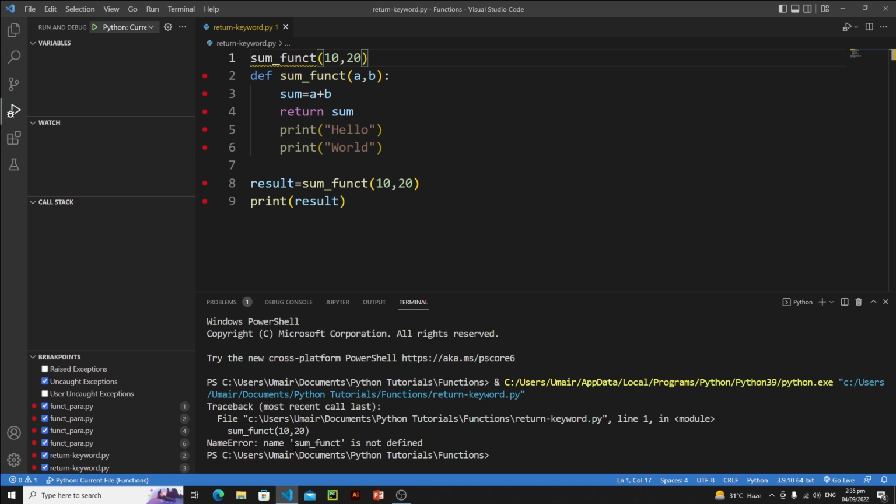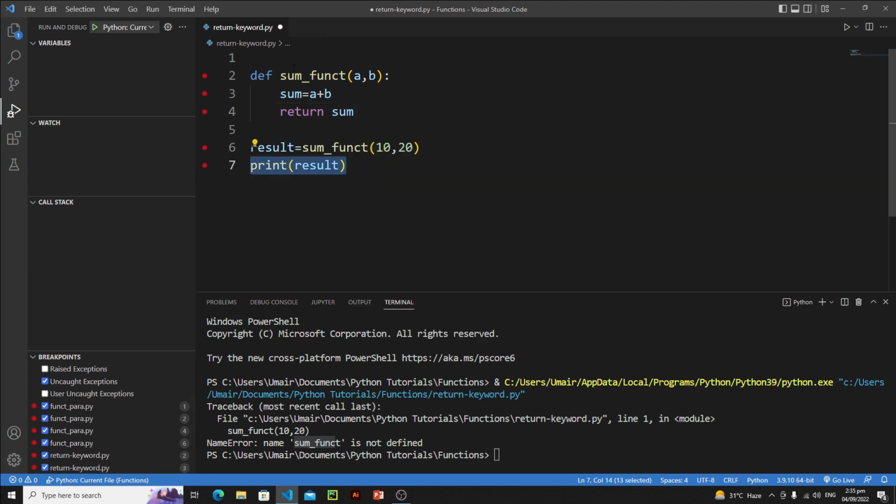And here we got an error, the function name is not defined. So you need to define a function first before calling it. So just remove it. Now let's create some more functions. So let me remove this dead code, and let's create another function that will find the cube of a